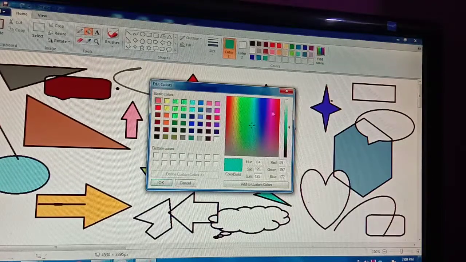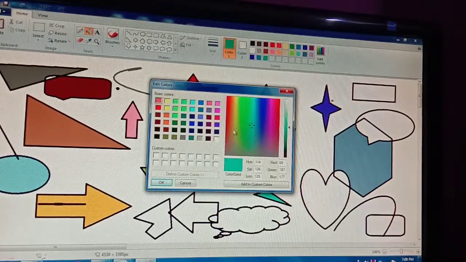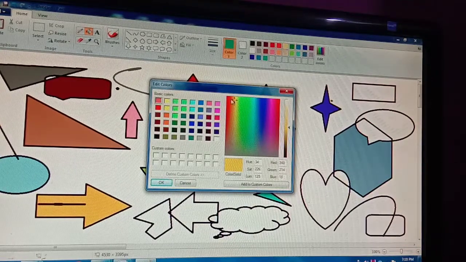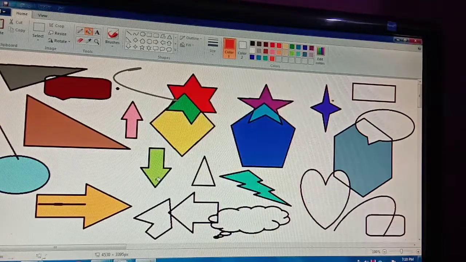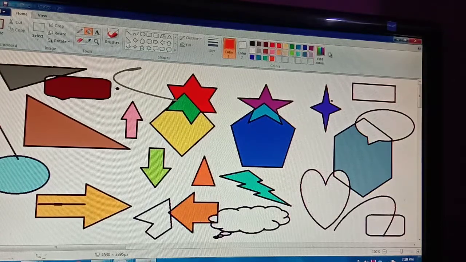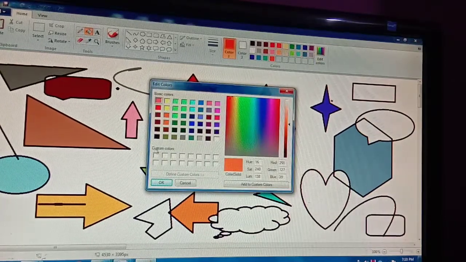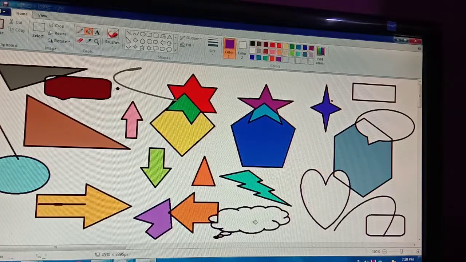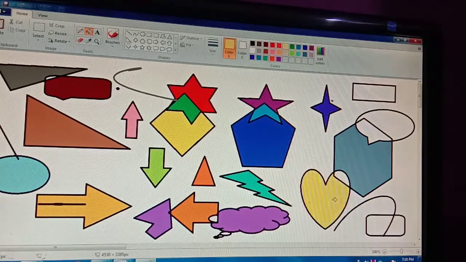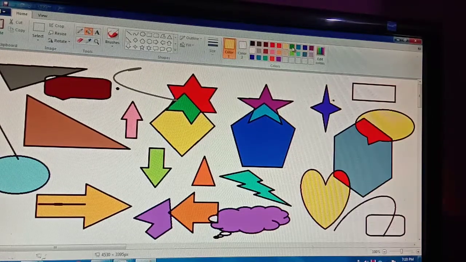I want to make one more color from here to here. Wait a minute, from here a little bit yellow, a little bit orange. Okay, it is not totally orange, but it is just looking like orange. Okay, one color is this. This is a different orange, this is a different orange. I made it. Okay, so you can see, you can make your own color with the help of this. See, okay, so different colors you can add. Okay, so you can enjoy the drawing.